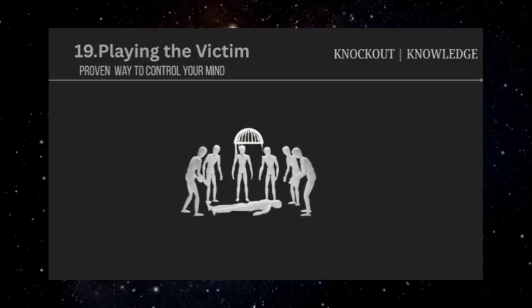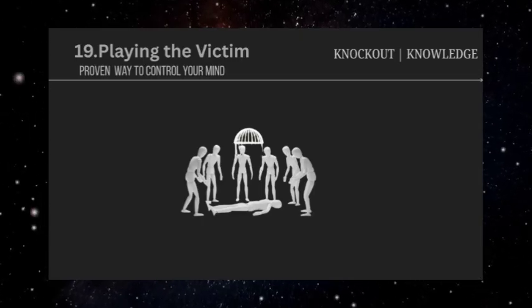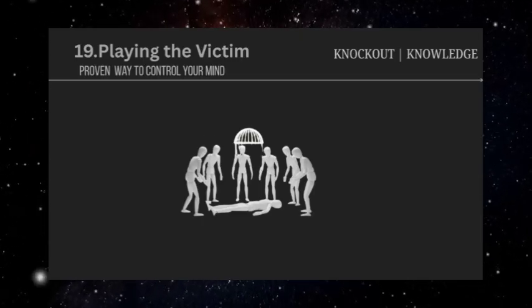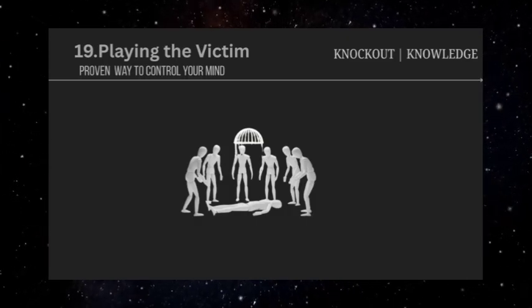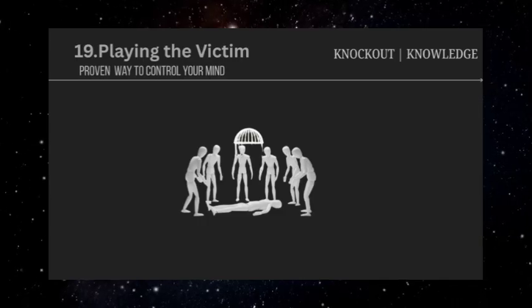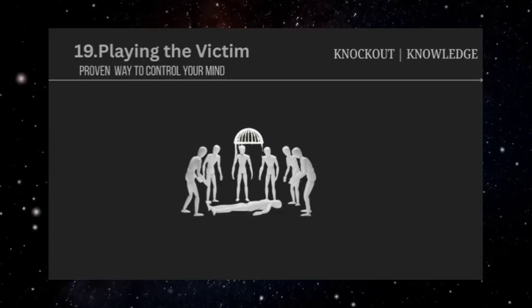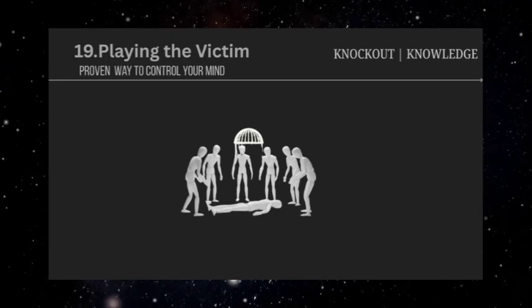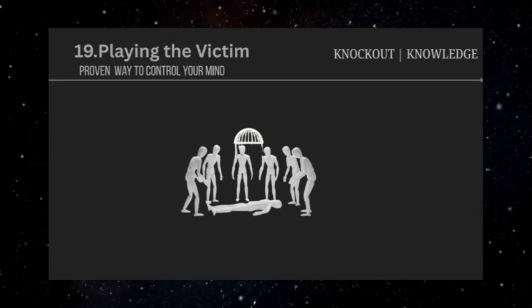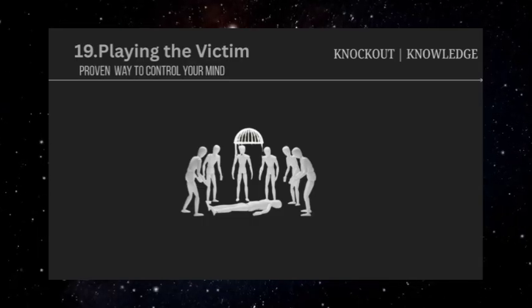The power of victim playing lies in its ability to flip the script in any conflict or confrontation. Instead of addressing their own actions or taking responsibility for problems they've created, the manipulator immediately shifts focus to how they've been hurt, misunderstood, or treated unfairly. This puts the other person in a position where they feel guilty for bringing up concerns and compelled to provide comfort rather than seeking resolution.